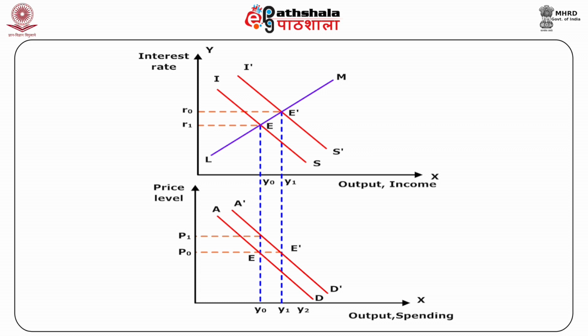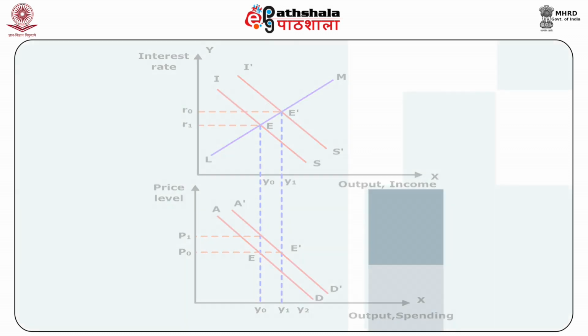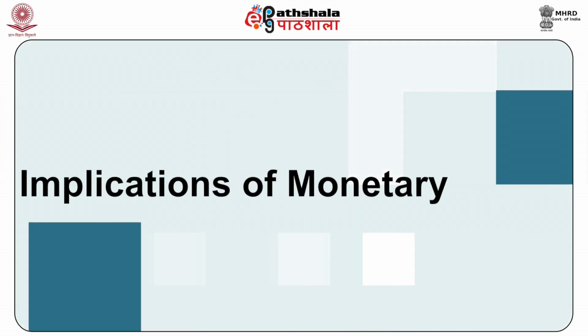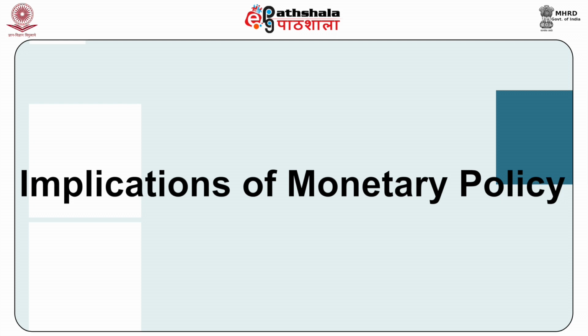So we see that with expansionary policies, if the government expenditure increases, aggregate demand does increase, the level of output does increase, but this has an implication for the price level as well. This is the implication of